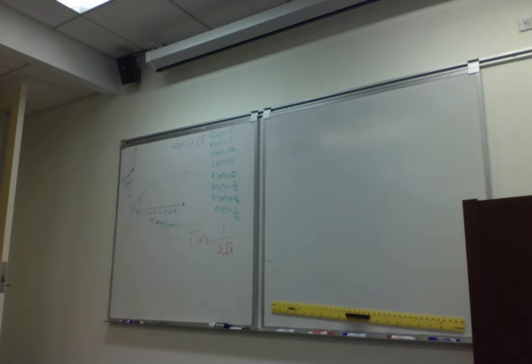So maybe 40% of voters support this candidate, and it's changing at the rate of 2% per week. The derivative would tell us the 2% per week. The original function would tell us 40% of voters. Okay, so let's